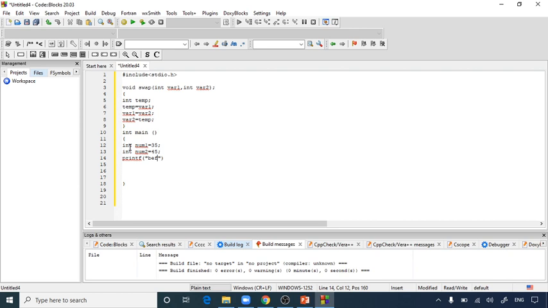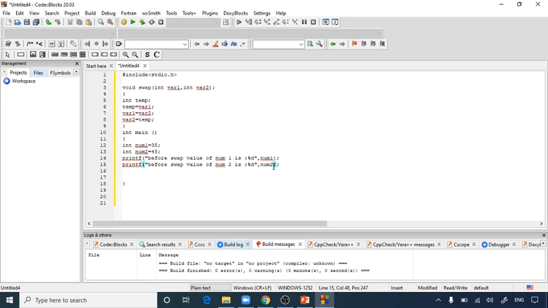So before swap, the value of num1 is, so the value of the variable is %d comma num1. I am going to use the same for num2 also, because I have to see the difference of calling a function by the call by value method. So here I am just writing num2, and I am going to give ampersand num2.